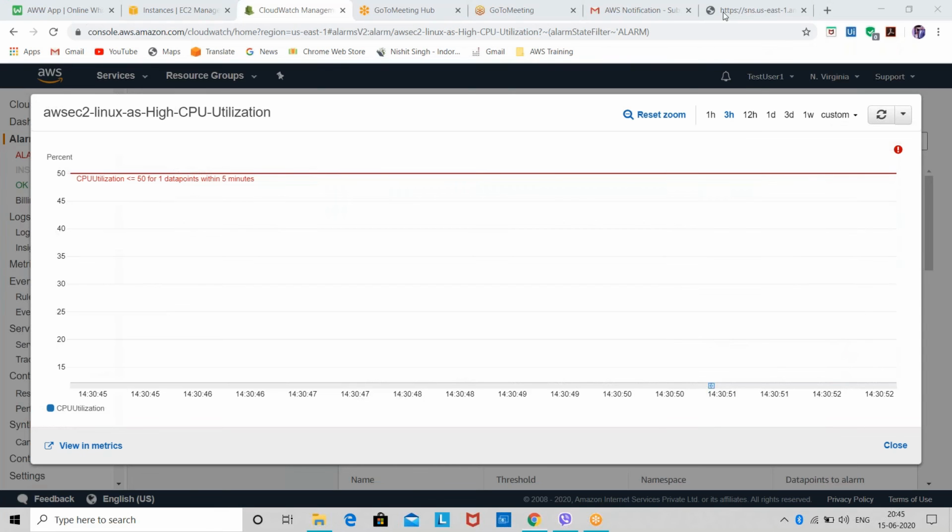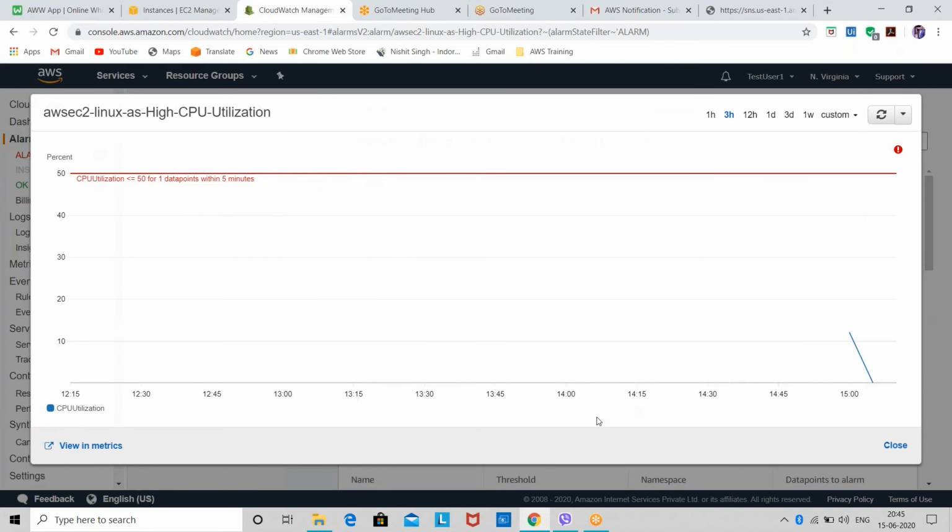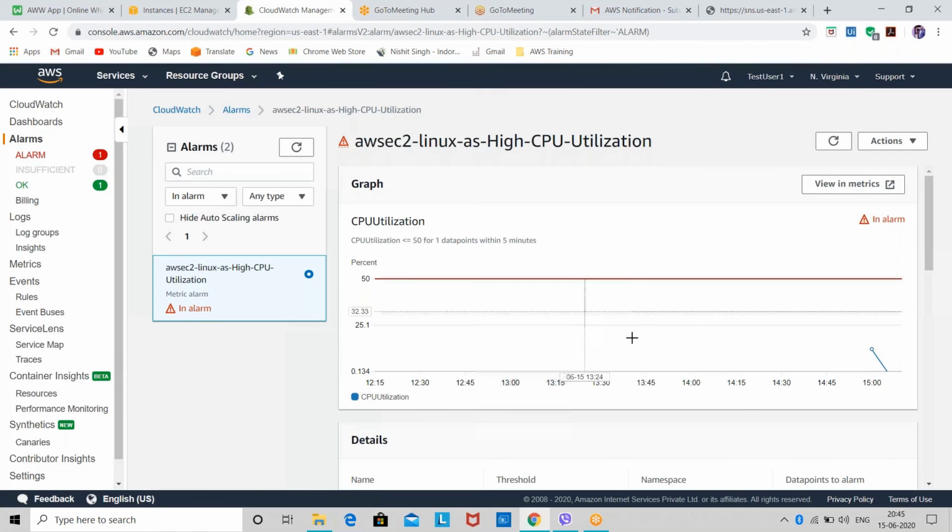Is this clear, how you can monitor each and everything in CloudWatch? You can just select the area, zoom into it, and monitor each and everything. If this is clear, then I'll show you how to create a new alarm.